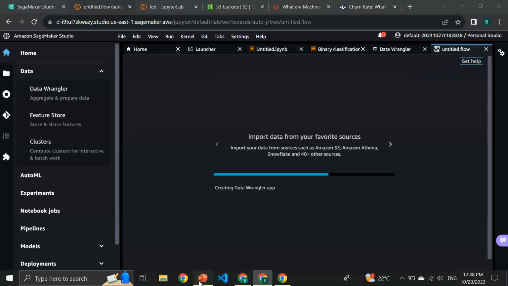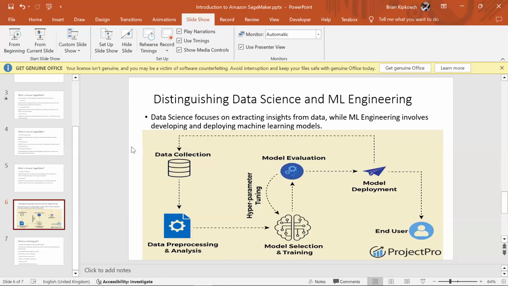So as we wait on that, we can still go through this particular diagram. The first step in data science or in your data analysis task is you have to collect the data that you'll be using. You can have the data in a database such as Postgres, or it can just be some Excel files or CSV files. So it doesn't really matter. You just need the data to be there.